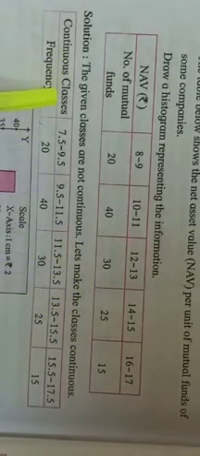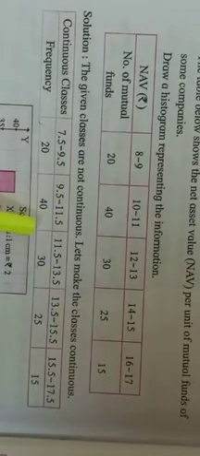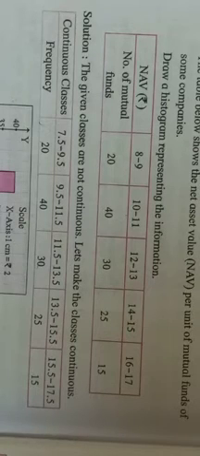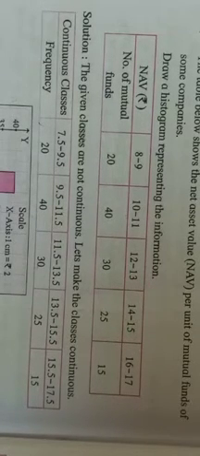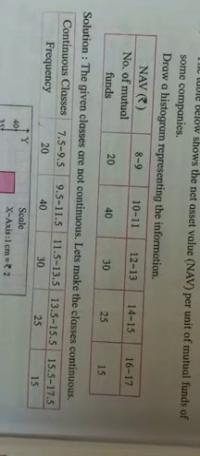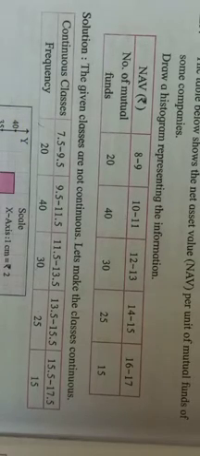So here see, continuous classes are given to you and frequency is given to you. Now here x-axis, I hope you know what is the x-axis. You have to draw the x-axis, and on x-axis you have to take these continuous classes which I just discussed with you. They are also called as extended classes. Now on the y-axis you will take frequency, that is number of mutual funds.